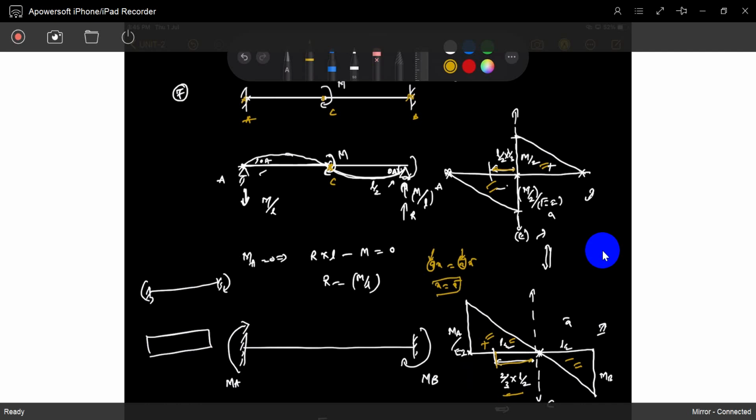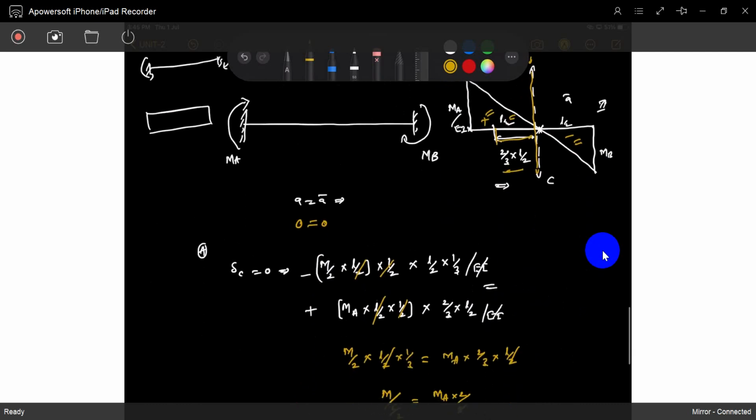So this is exactly the center of gravity of this, and this also is the same thing. The centers of gravity are exactly at the center. We know it, but we can't find out MA and MB from that. X is equal to x dash, both are equal, we just saw exactly L by 2, L by 2. So how can you find out MA? So that way I chose deflection at C is equal to 0. Based on that I got MA and MB are M by 4, M by 4.